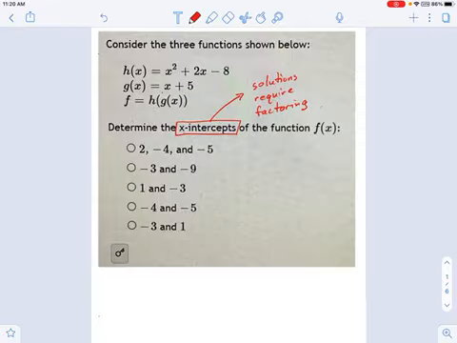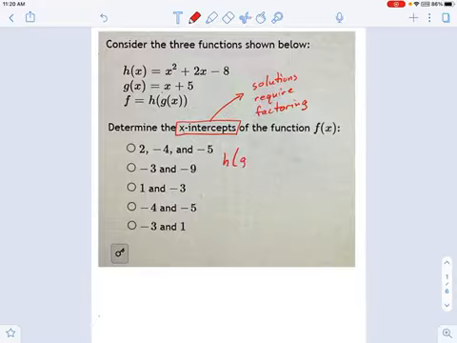The other idea is, what in the world is this thing with all those parentheses? This is called a composition. We're composing one function with another, or in other words, we're sticking the function g into the function h, wherever you see an x. So let's try to sort through that composition part of this first.